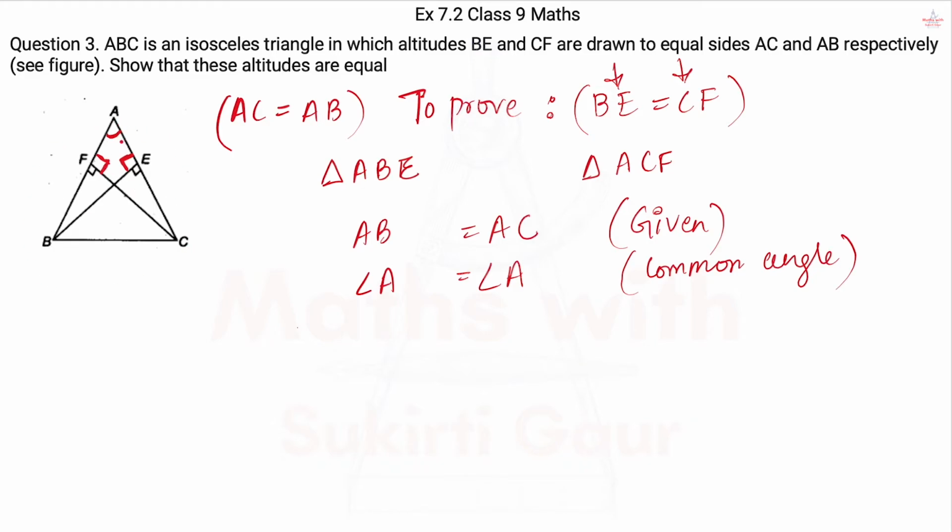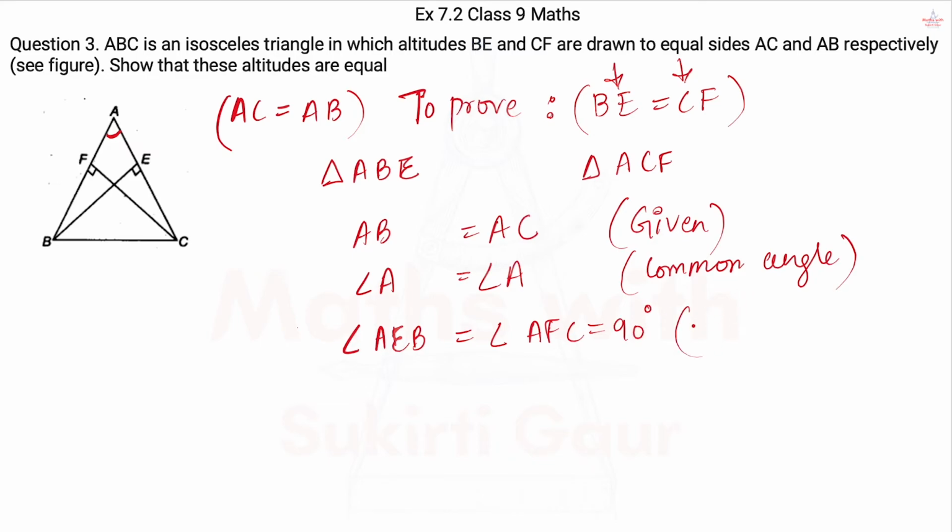You can make this figure in your notebook and then try to find out the triangles ABE and ACF, then mark angle AFC, AEB. You will find that both of them are equal to 90 degree, because this angle was of 90 degree. 180 minus this 90 degree will give you this angle AEB, right? And that's how we have these two angles also equals to 90 degree. So angle AEB from triangle ABE and angle AFC. It is not KFC, it is AFC. So these are both equal to 90 degree.